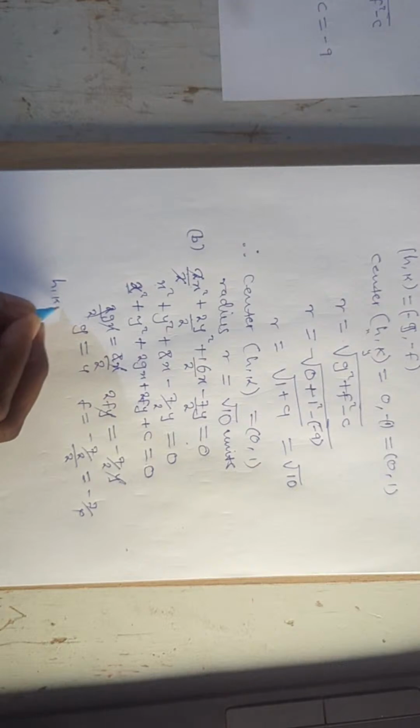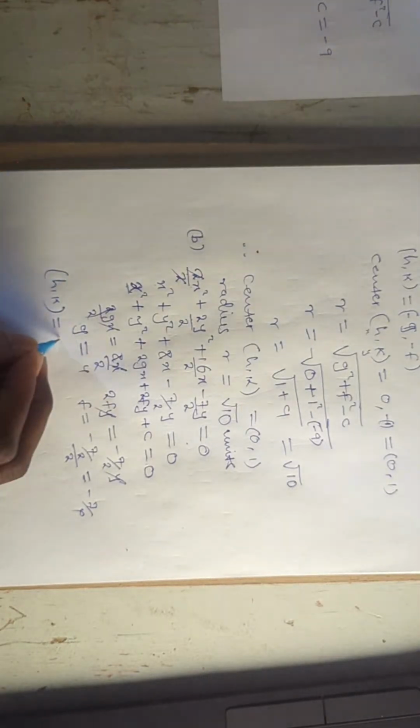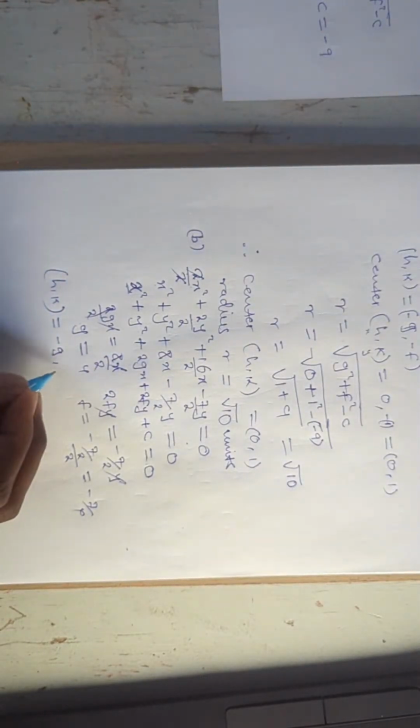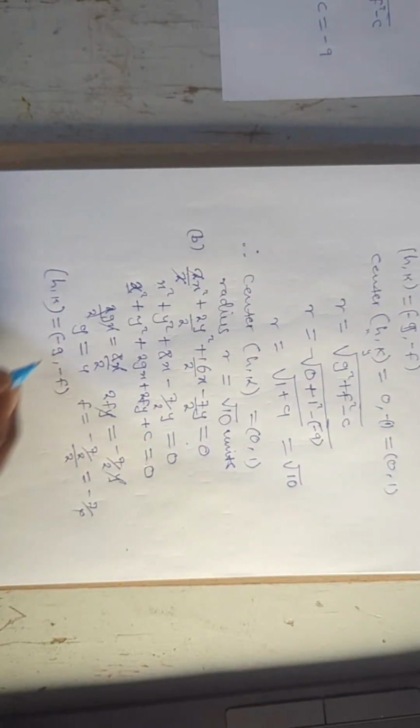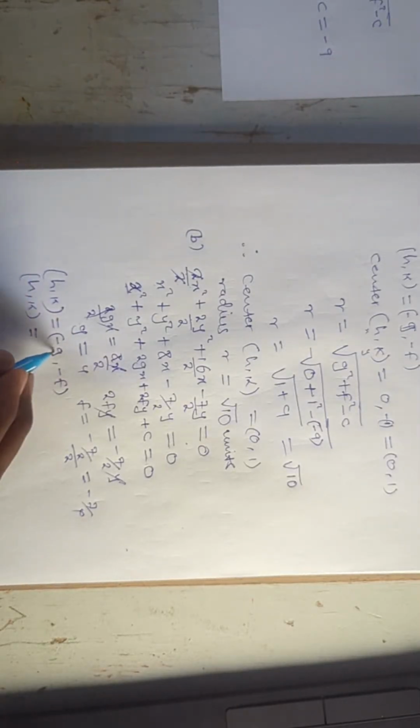Remember that for you to calculate the value of the center itself, center h comma k is always calculated by negative g comma negative f. That's how you calculate the center itself. All right, if we plug in what g is and what f is, you find that our center h comma k is going to be equal to,